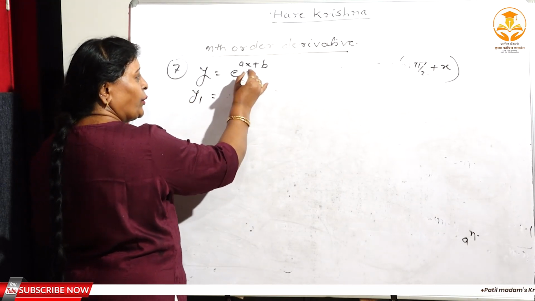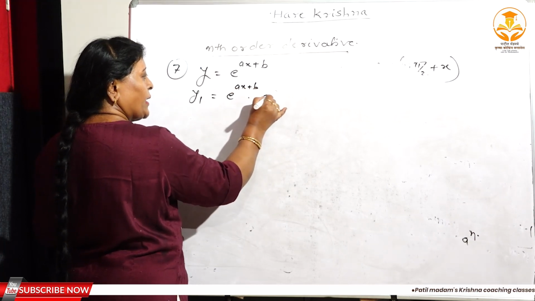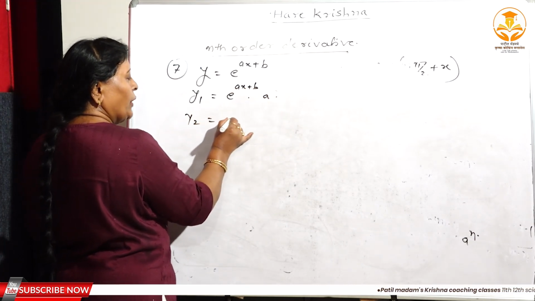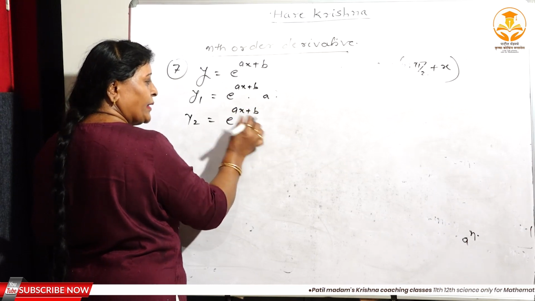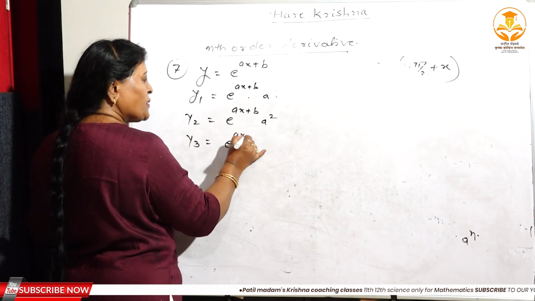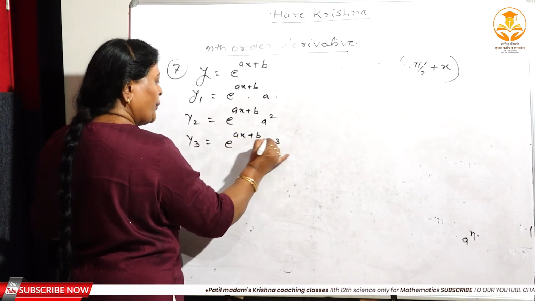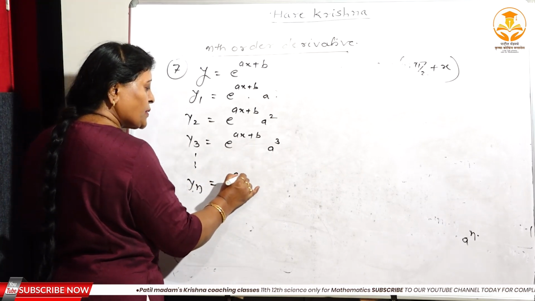The derivative of e to the power u, ax plus b, and the derivative of ax, that is a. Again y2. E raised to ax plus b, the derivative of ax, that is a, means a square. y3, e raised to ax plus b, again a cube. Similarly yn is equal to e raised to ax plus b